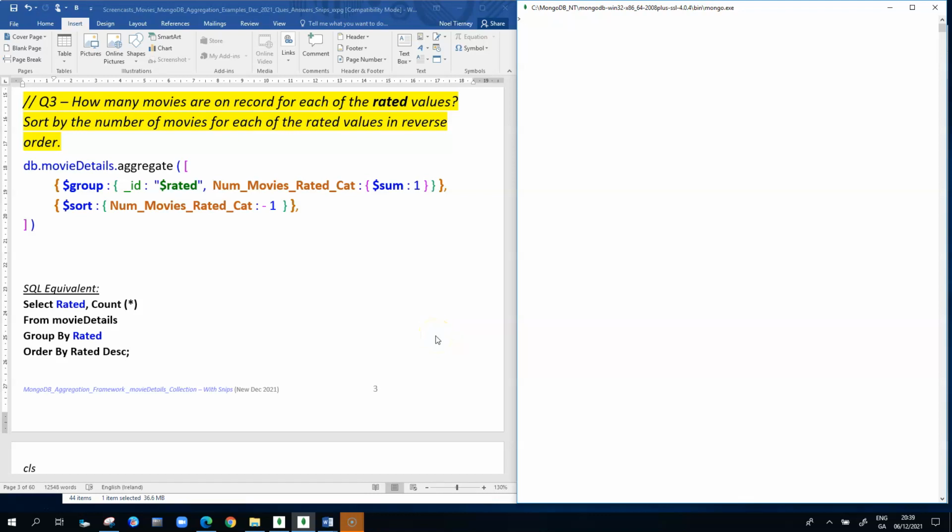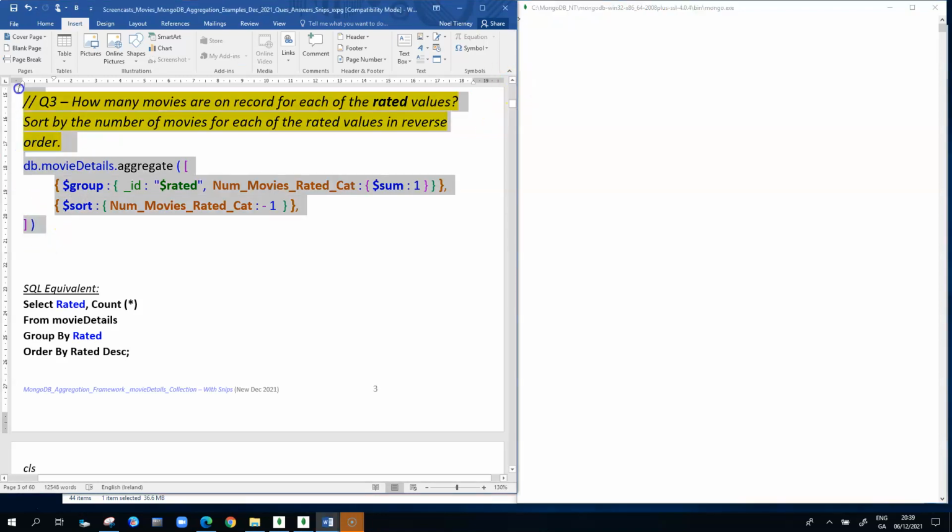This clip demonstrates the aggregation framework in MongoDB. So we're using the movieDetails collection, and the previous clip ended with an example of an aggregation framework with two stages in it. So it was how many movies are on record for each of the rated values, the rated categories. So when we executed this clip, the results